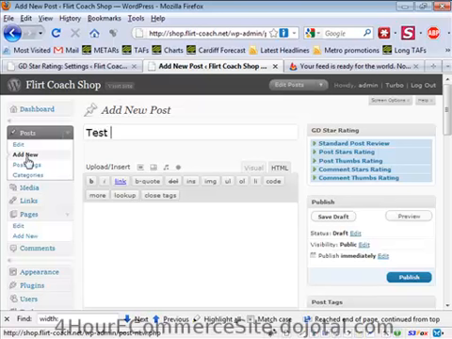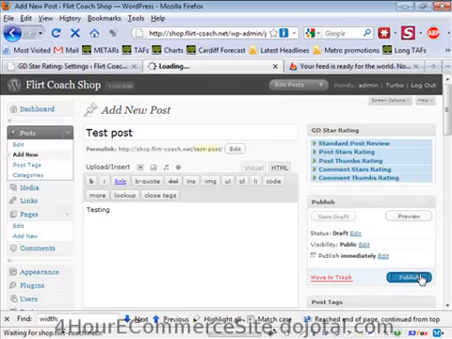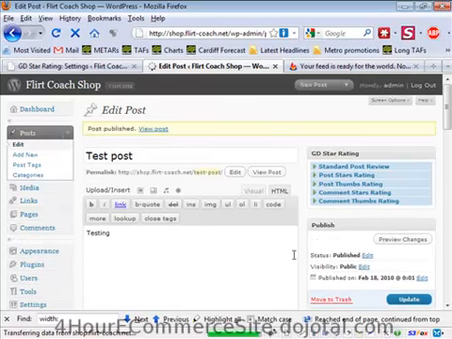So test post. Just move the microphone. I'm sorry about that if I got a bit quiet for an instant. Testing. Click on publish. I wouldn't normally do this, but I'm just doing this so that we can get that to appear